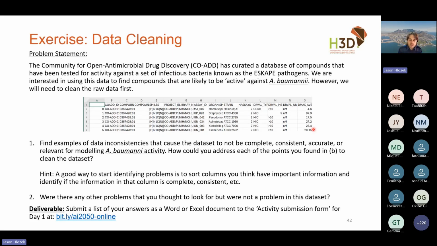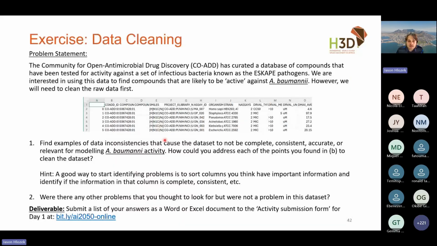So Nicola has sent you an email with this data set in it. The scenario that we're painting is that we are interested in predicting activity for a pathogen called Acinetobacter baumannii, which is a very pesky bacteria. So we have this data set from this database, and they have a number of compounds that have been tested for activity against A. baumannii. And before we can even think about plotting this data or building models, our first step is to go and check what kinds of things we need to look at for this data to be able to clean it.